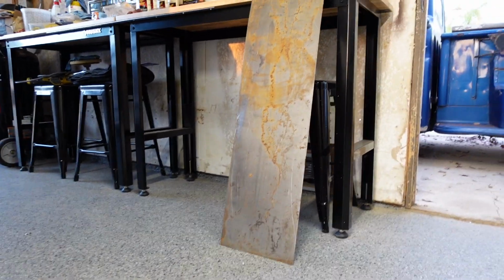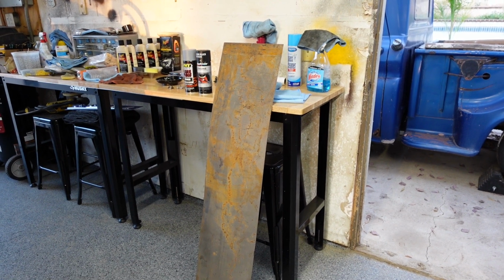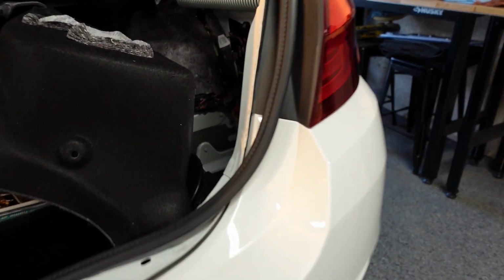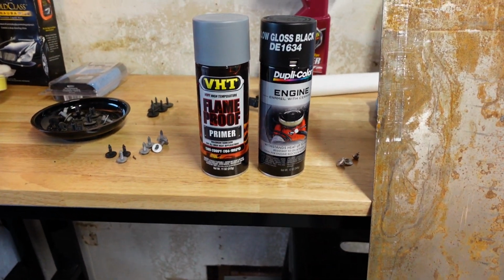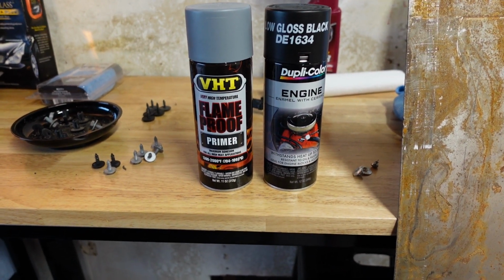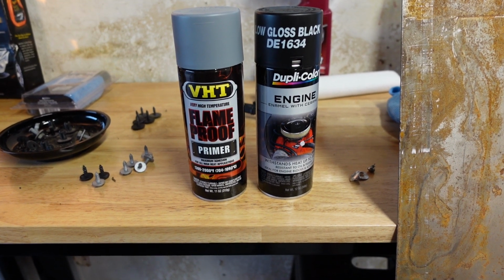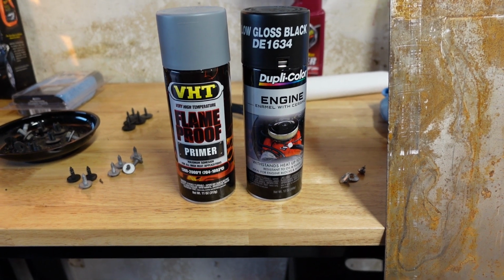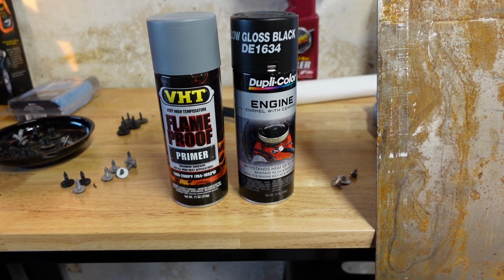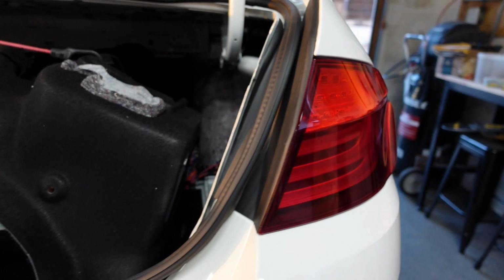I picked up a piece of sheet metal. I'm going to cut that to size to fit the hole and rivet it in place. Before I put it in place, I'm going to coat it with the VHT primer, just because it's so close to where we're going to be putting the exhaust on the passenger side, and then also the Duplicolor low gloss black engine enamel. It'll blend in real nice there and look clean and professional. We'll be able to put back the